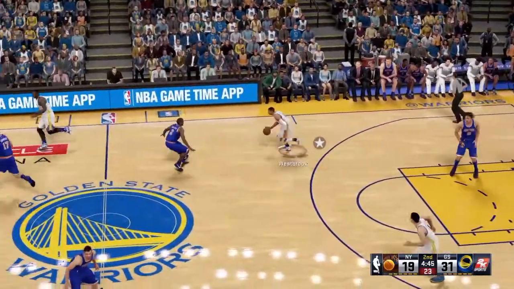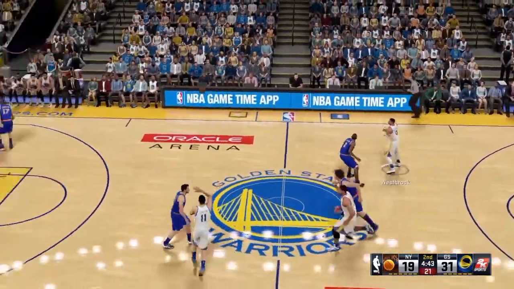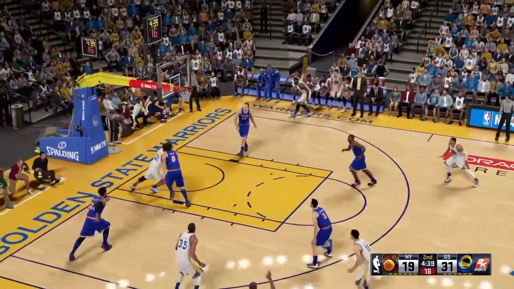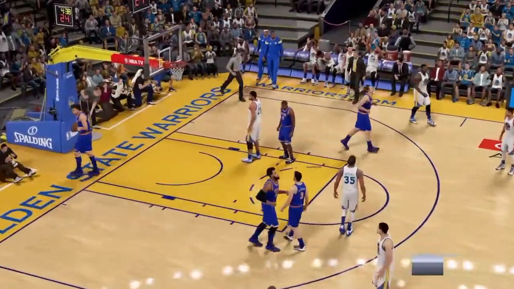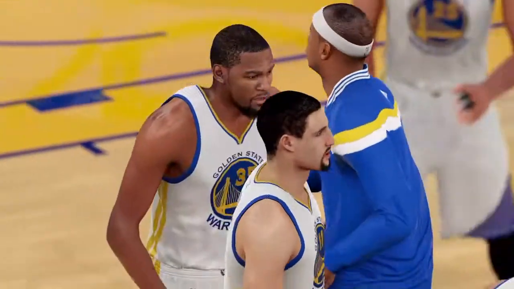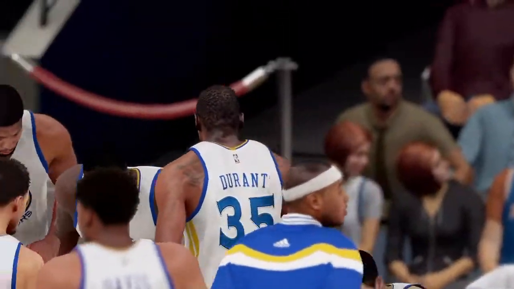Draymond Green, he's checked in for LaMarcus Aldridge. And a switch here also for New York. Williams is checked in. Thompson for three. His second shot goes in, off to a good start, 2 for 2. And really, it looks like he may just try to take this thing over on his own and really build